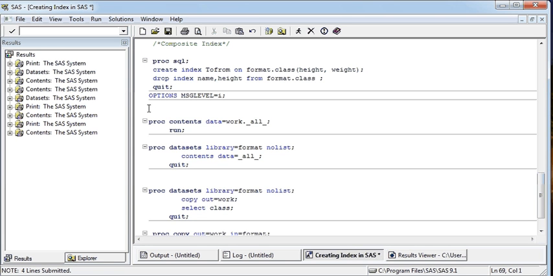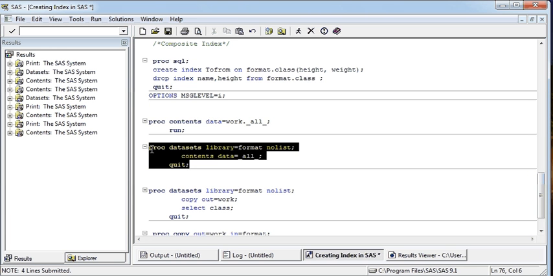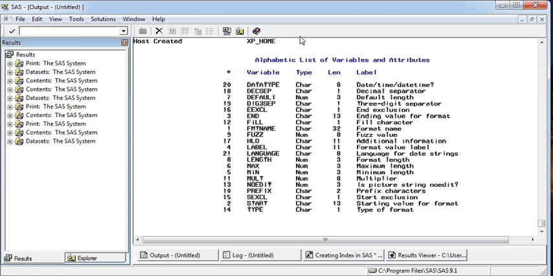Suppose you want to see what's there: proc datasets library format nolist, contents data all. The format is the library, contents data all. You can also see the contents.